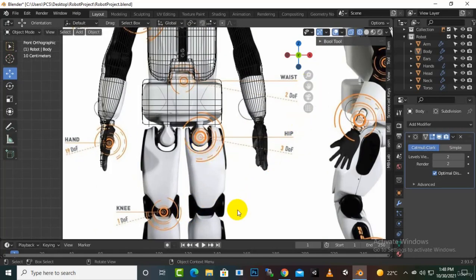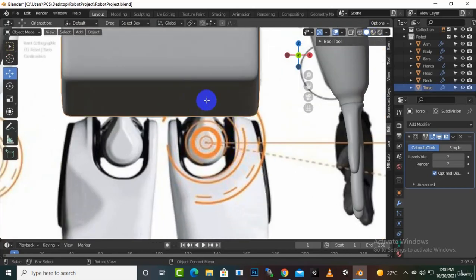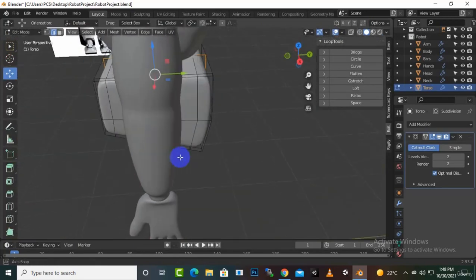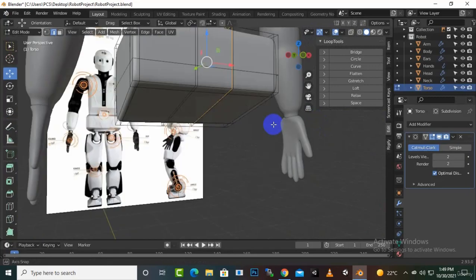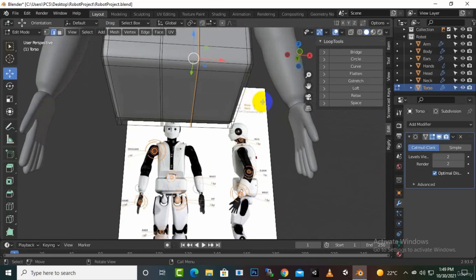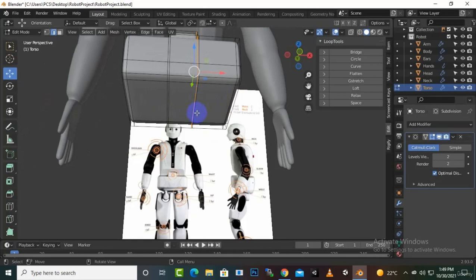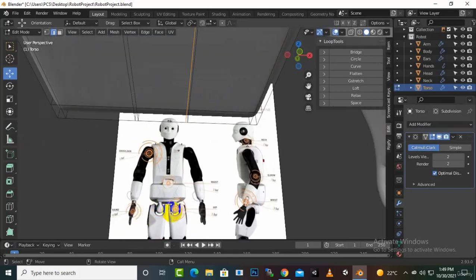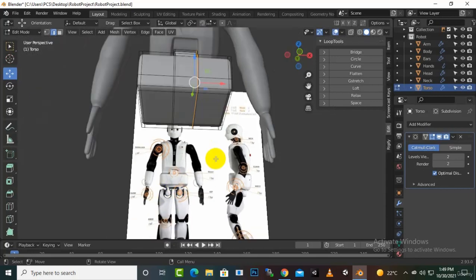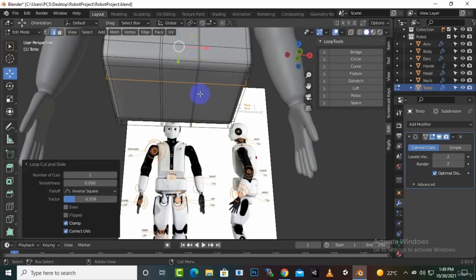So let's start. What we can do is select this torso, which is low poly, not too many polygons here, and we can extrude this section. One more thing we can do, but I think we should have two sections. Okay, no problem. So let's create a loop here and a loop here as well